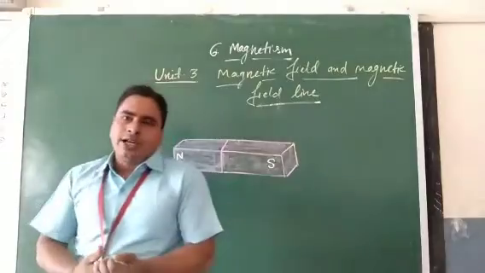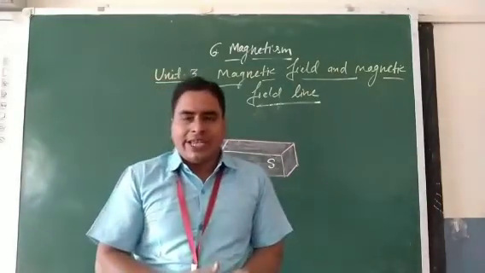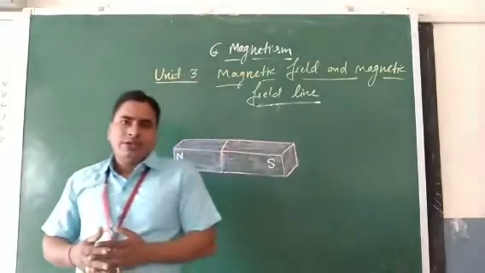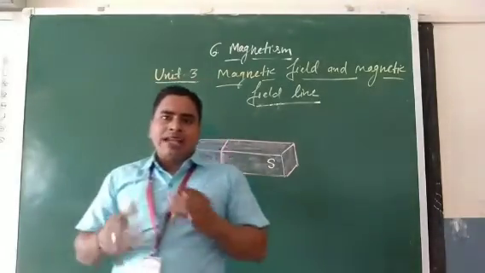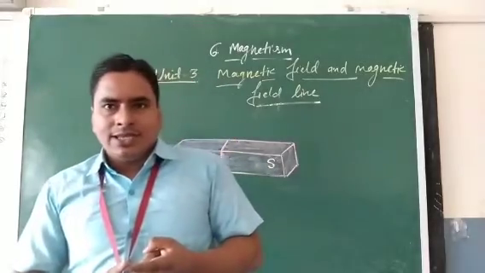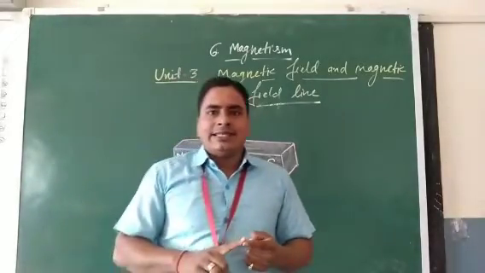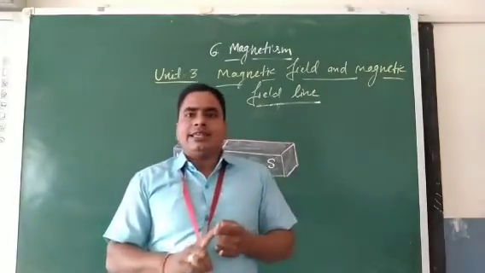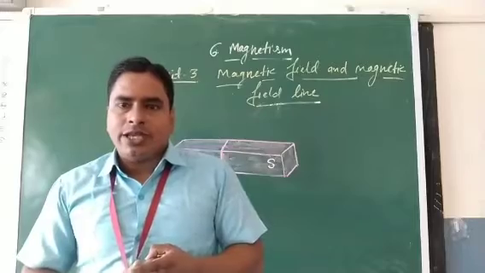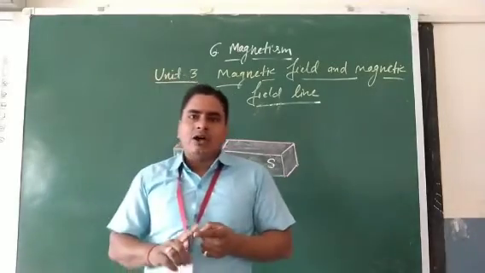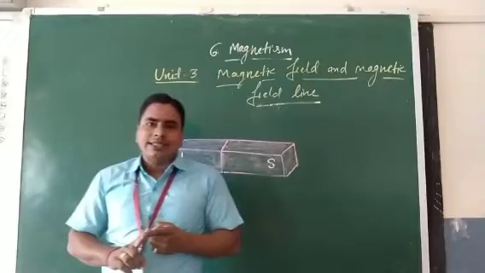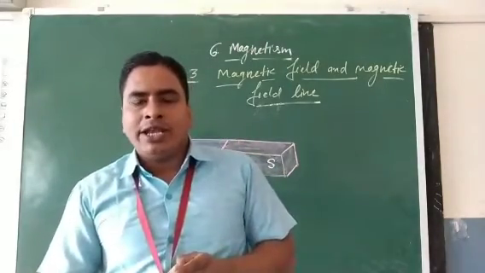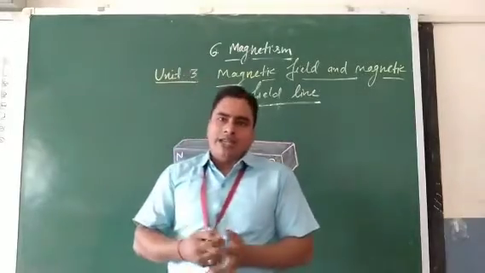In the last 2 years we have already discussed the magnet, properties of magnets, types of magnets, how we can magnetize a magnetic substance, and how we can demagnetize a given magnetic substance. The single touch method and double touch method are used to magnetize or demagnetize a given magnetic substance. Electromagnet: how we can prepare an electromagnet, and uses of electromagnets.